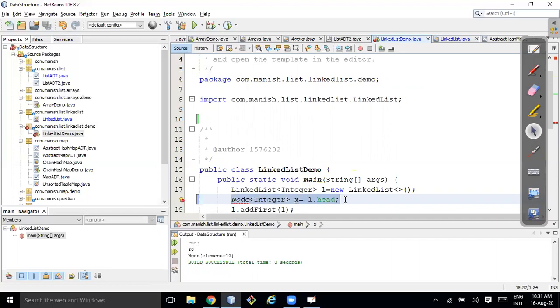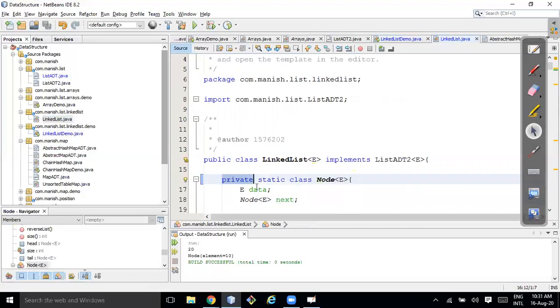How can we do that? That is one design pattern, called the positional design pattern. It is a very good design pattern, and I want to explain that also. So I cannot access this one. That's great; let's see how we can do that. That is the topic of discussion today. The reason is that if you are going to study the tree concept, at some point I want to access the node. It's fine, you can give access to the node to the outside world.